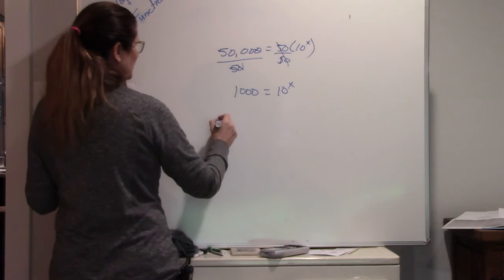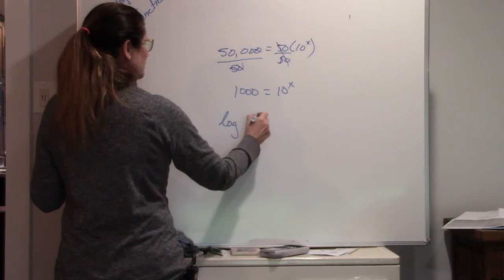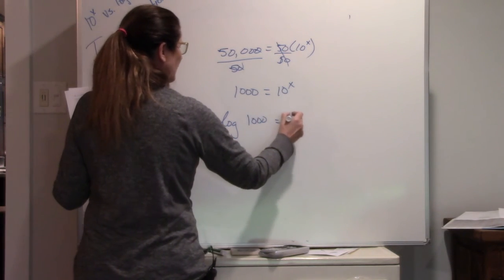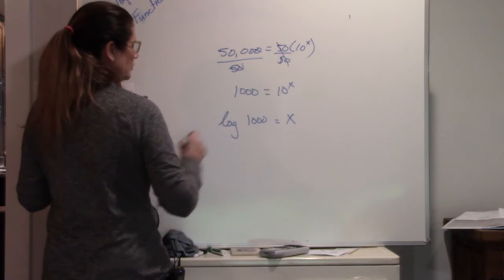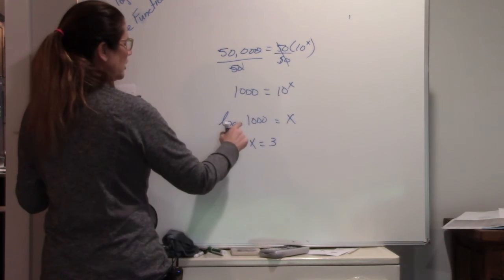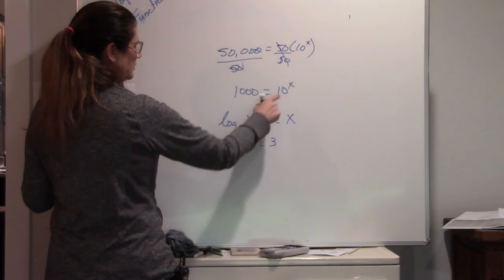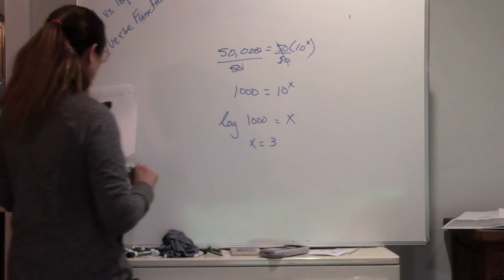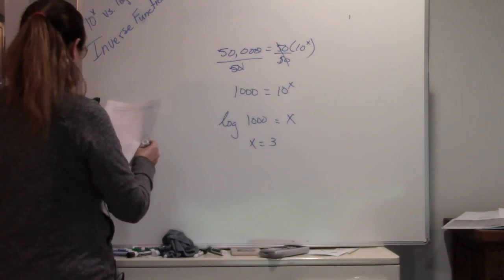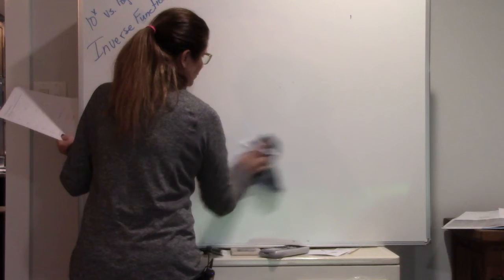Now I can log both sides or rewrite it. Log of 1,000 is going to equal x. So log of 1,000 is 3. In other words, the exponent on 10 that gives me 1,000, 10 to the third power. Okay? And then the next one, now I'm going to give you a log, and you're going to use exponents